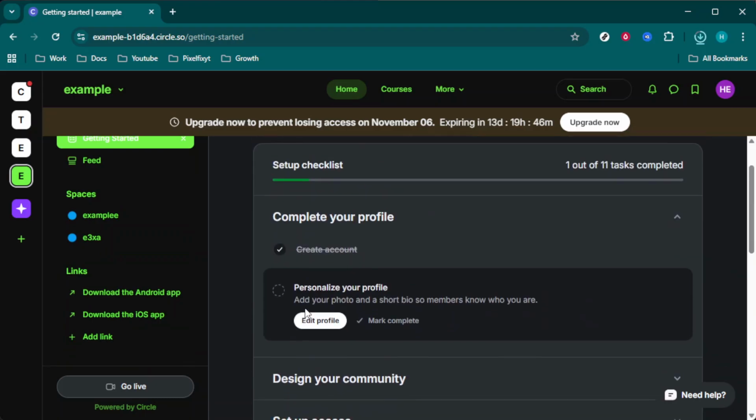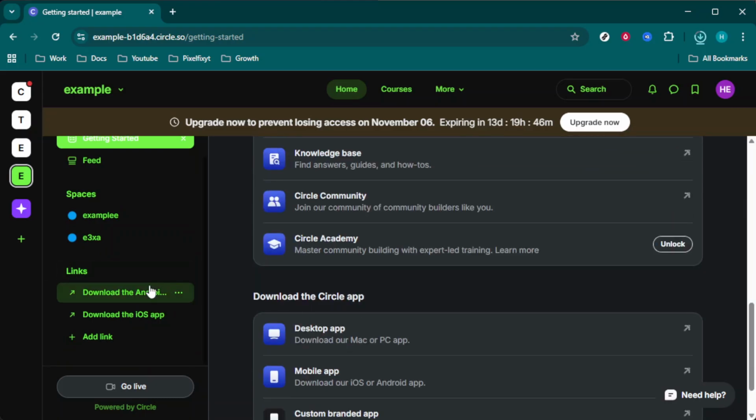Finally, it's important to track your revenue and engagement. Go to Settings, then